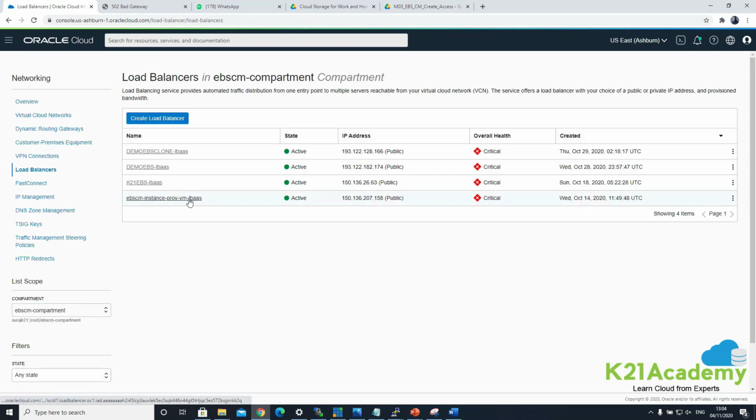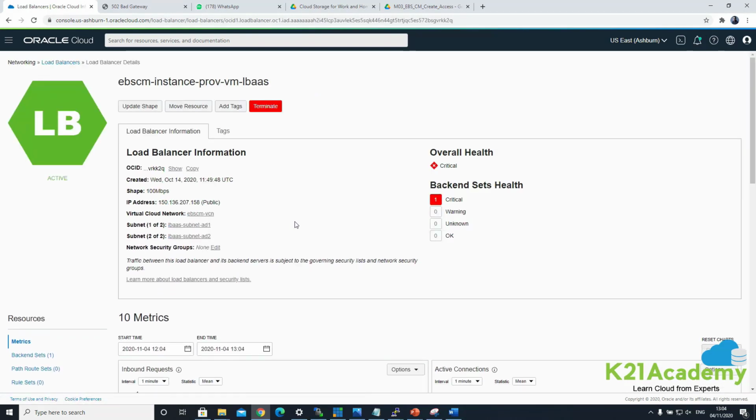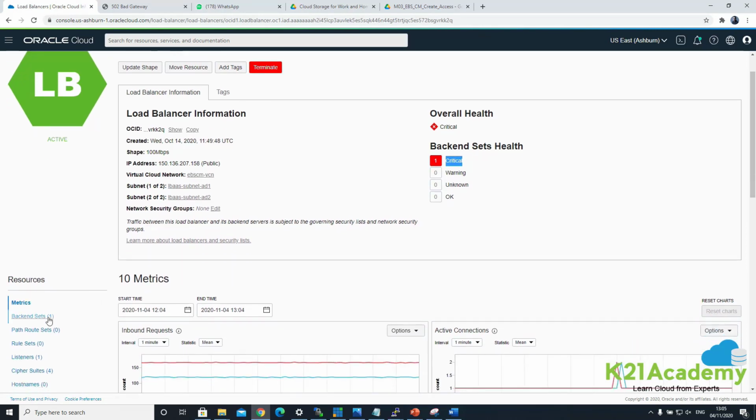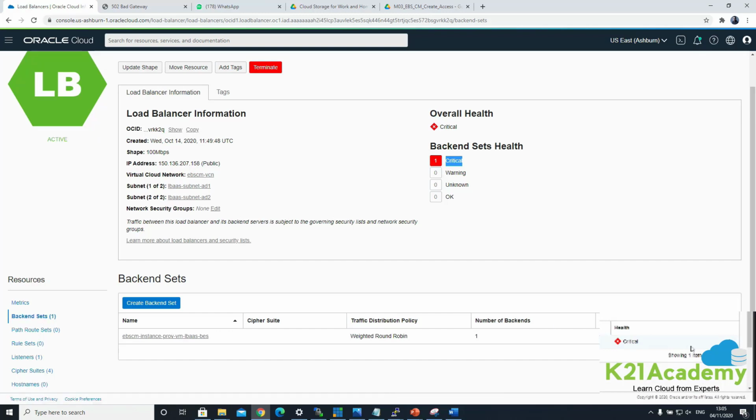So what happens is, give it some time. The critical status is coming from a health check, and I'll explain what that health check is. The health check is at an interval. If it marks the backend servers down completely, it'll take some time to bring it up to speed, for the load balancer to be able to see the backend server, and that configuration is from here in this backend configuration. So if you see update health check, we'll see that health check configuration as well in here.